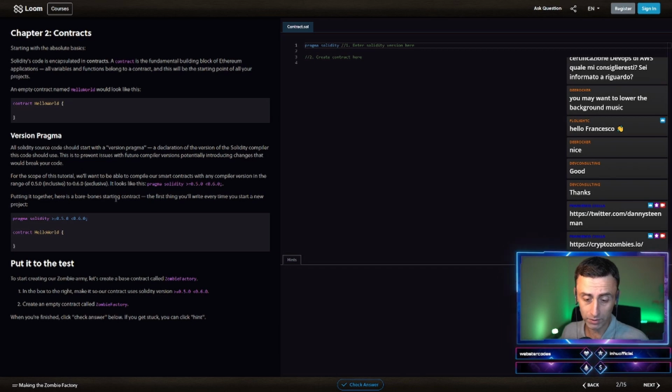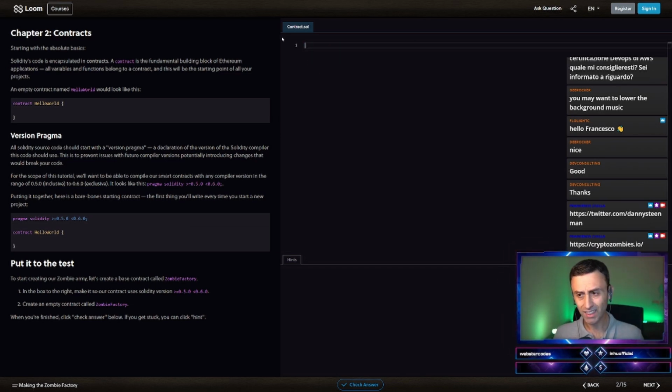Here is a bare bones Solidity contract, the first thing you will write every time you start a new project. When we start a new project, these are .sol files, but they are not talking about the extension of the file here. My goal would be to create a local development environment with Docker. So I don't want to copy paste, because I think that to learn it will be better to